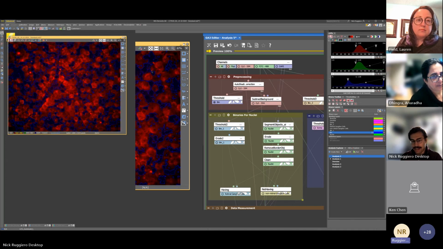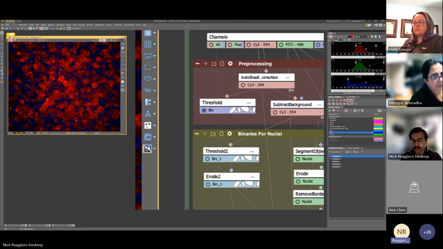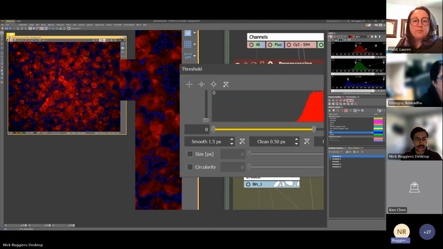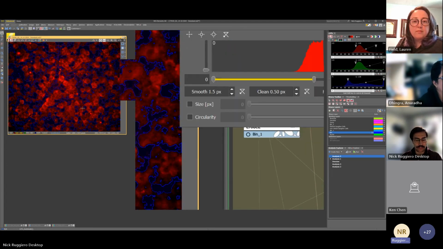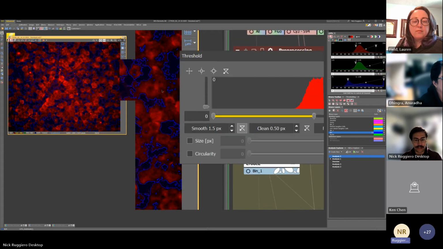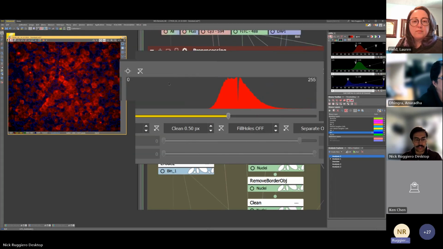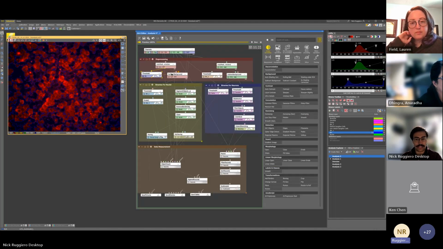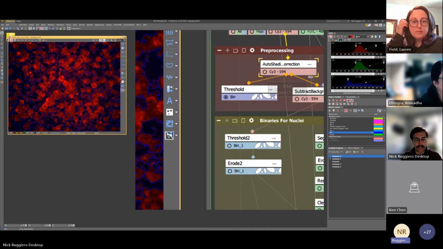anything that has these three little dots on it is something that can be double clicked on, and it will open up the options for that. So here I thresholded out the background, or what I thought looked like the background. And you can adjust all those settings here. You can see that we can change those, something like that. And I did a background subtraction, and